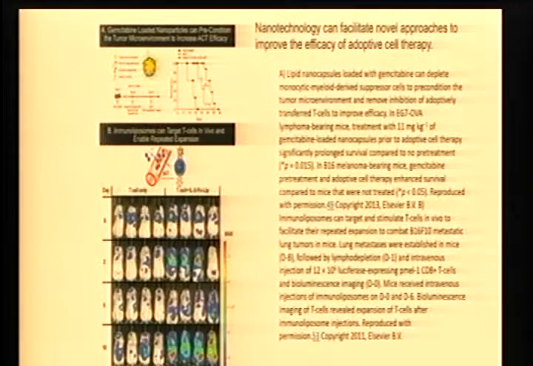So this is another approach which some people are trying, to deliver drugs via nanotechnology. This is a very recent paper published in January of this year. Here they have taken a lipid-based nanocapsule, and they have taken the drug gemcitabine, and it can deplete myeloid-derived suppressor cells. What I mentioned, that they are like T regulatory cells. Their major function is also to suppress immune cell function.